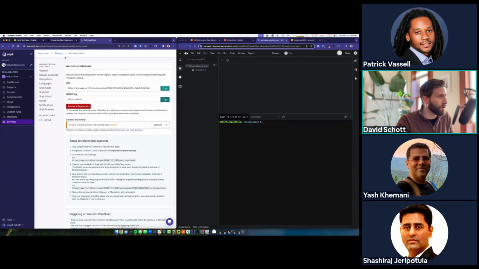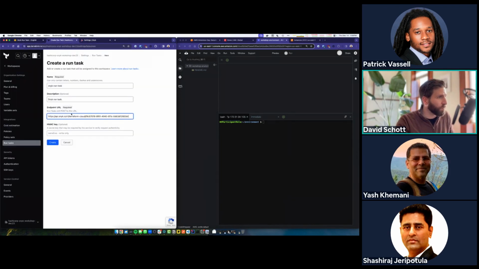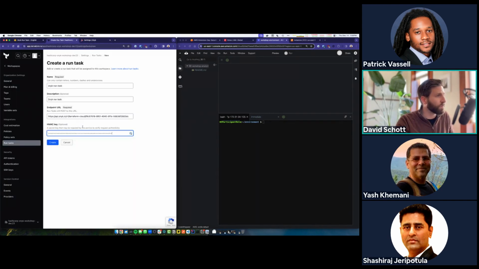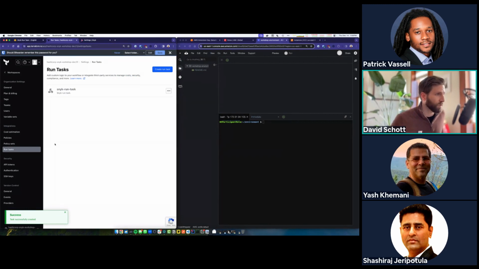So endpoint URL, go ahead and put that in. And then HMAC key, copy and paste. And then once you've got that, we can go ahead and create our run task for Snyk. And we get a nice indication there that it was created successfully.